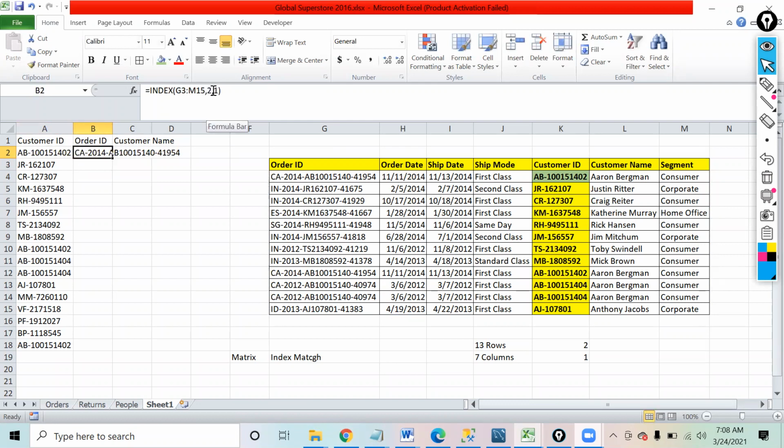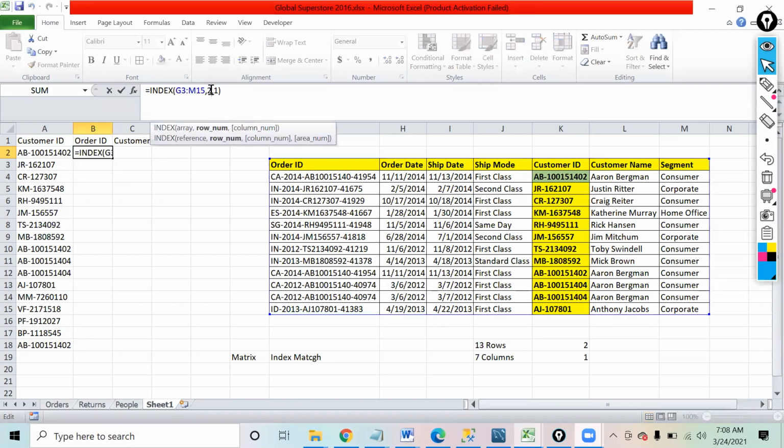See, I get that same number over here, but this was something static, right? This was static because for every row I will have to change that. Now, how I came to know about the row number was because of this customer ID. So if I have to find the row number of this customer ID, which formula can I use? Match, right, Harsha? So we can use match over here.